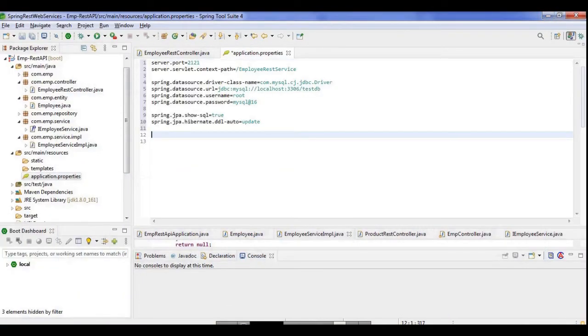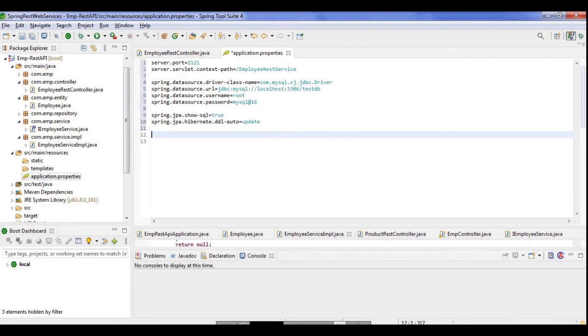You can see these settings: this is the server port number, and this is the application context path, given as employee service. The application context path is the path through which you are going to access the application. And these are the settings for my MySQL database: the driver, URL, username and password.